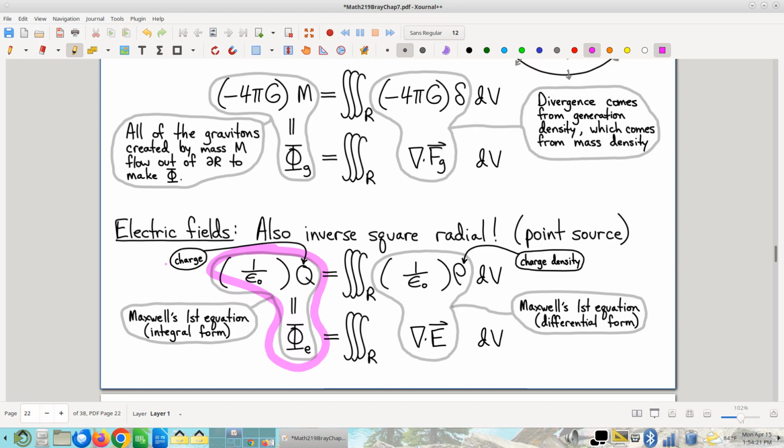When you have a distribution of charged particles, if you're interested in the total electric flux through a surface that is a closed boundary surface, you just have to count up the total charge inside of that closed boundary surface and fix it with a proportionality constant, and bam, there's your flux.